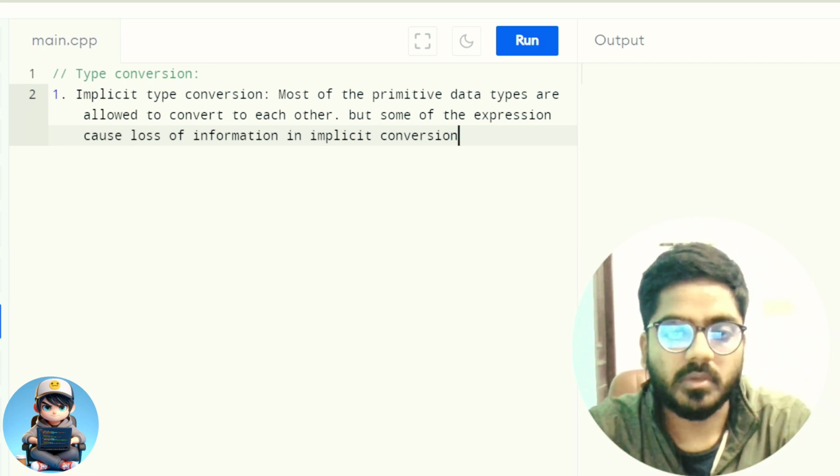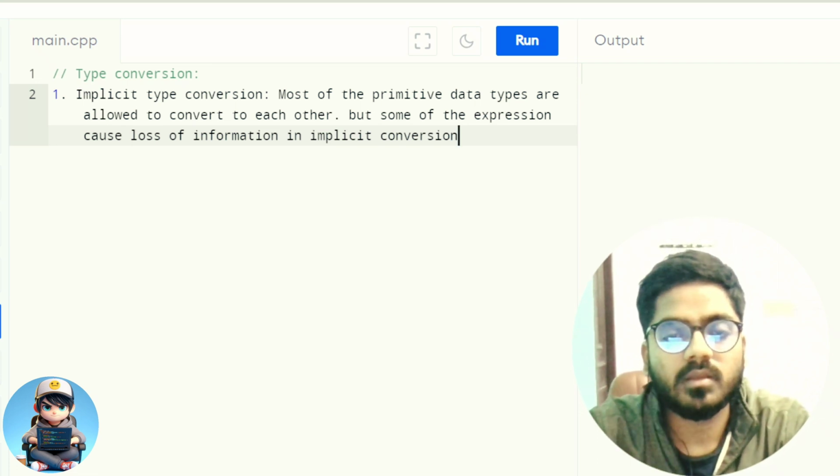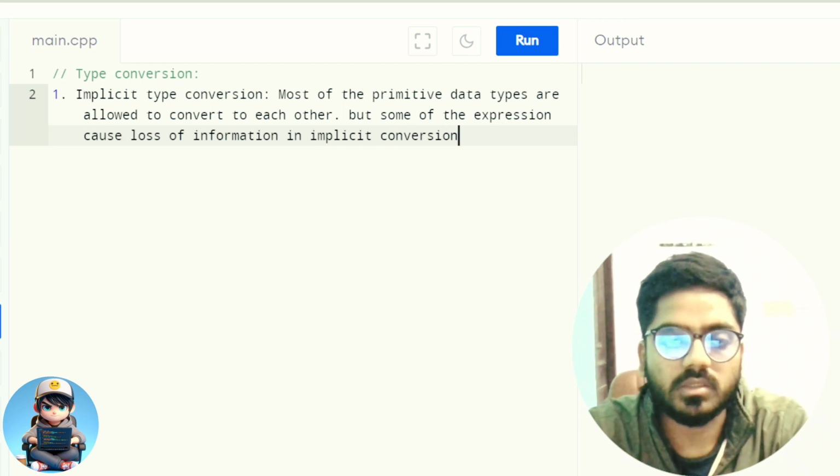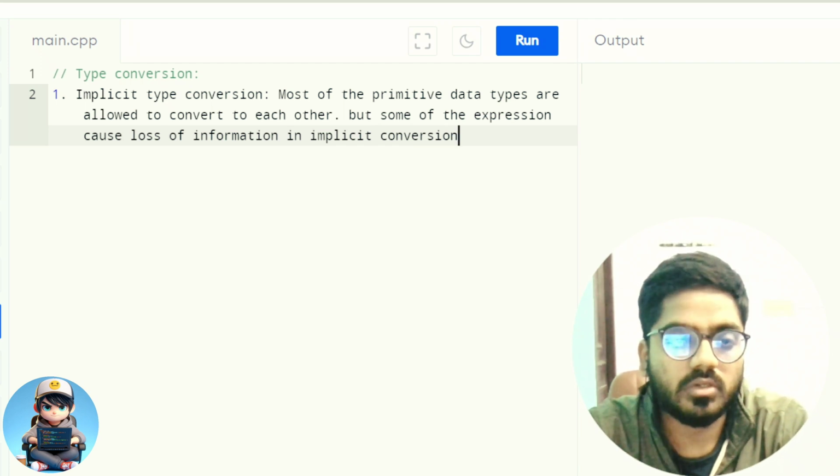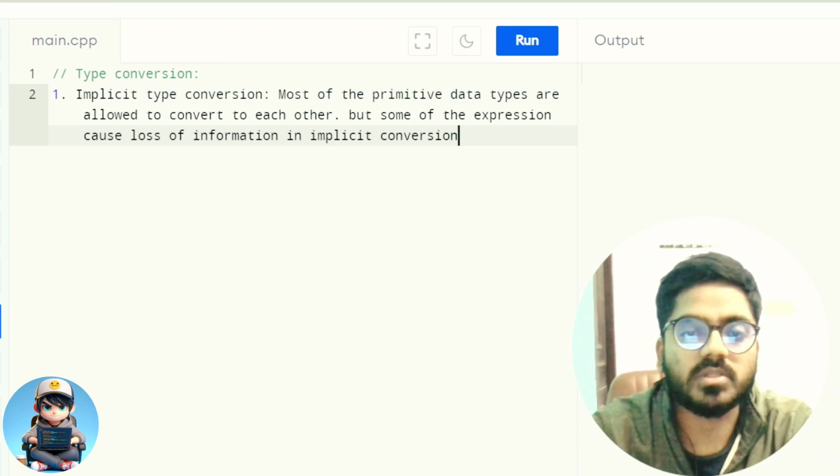Yeah, most of the primitive data types like int, float, char, double are allowed to convert to each other,